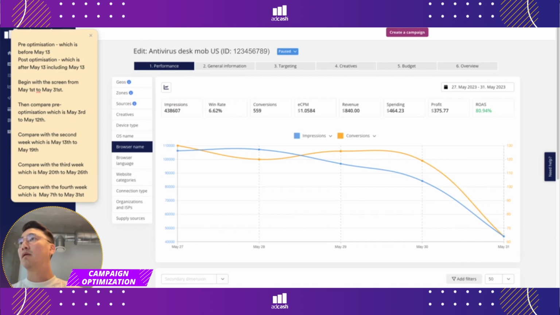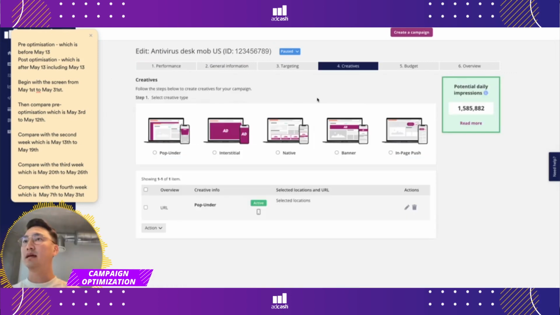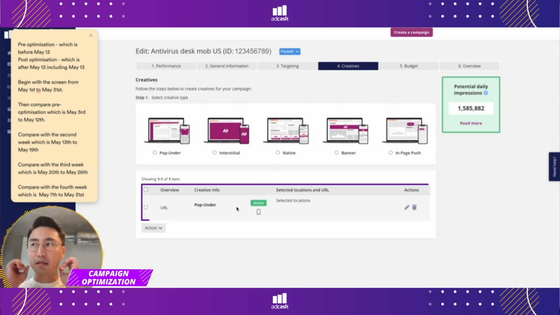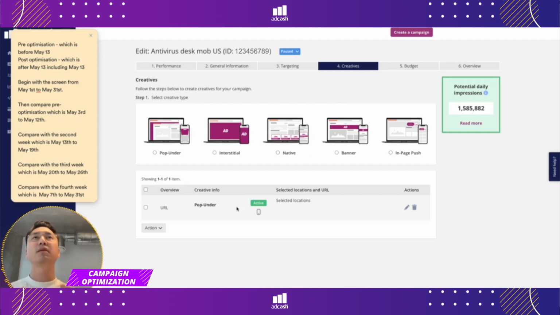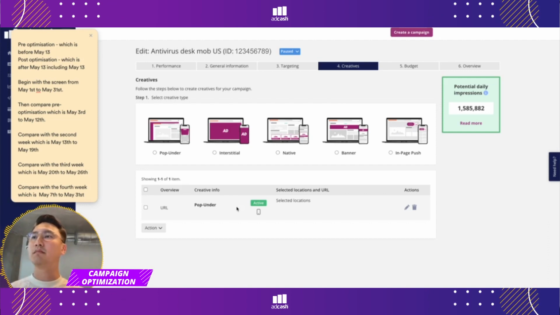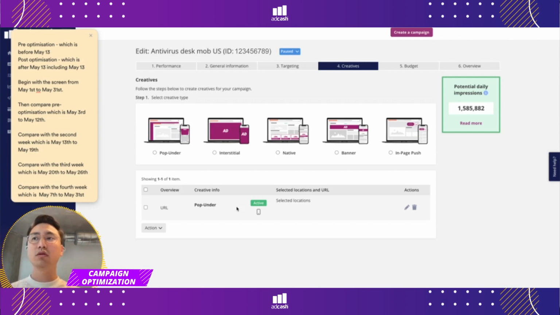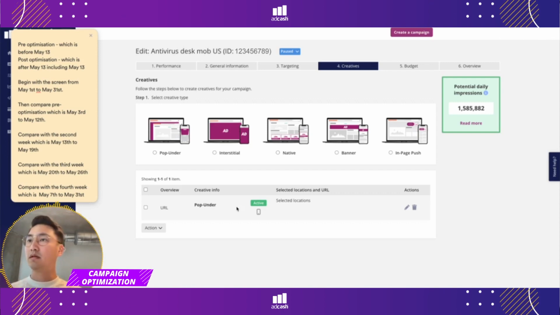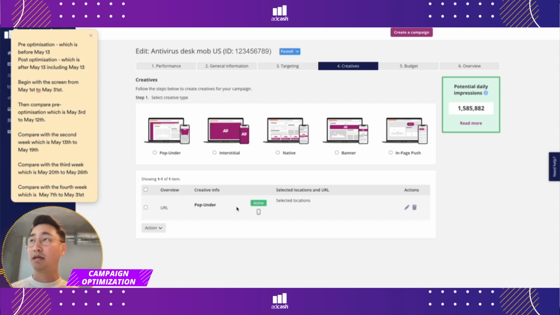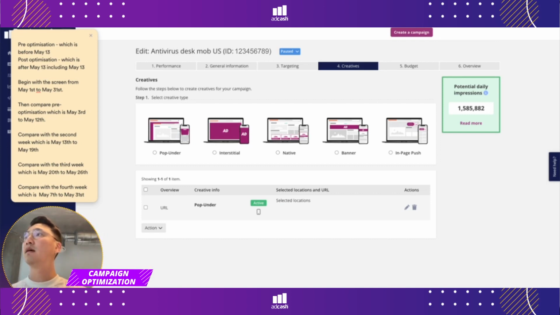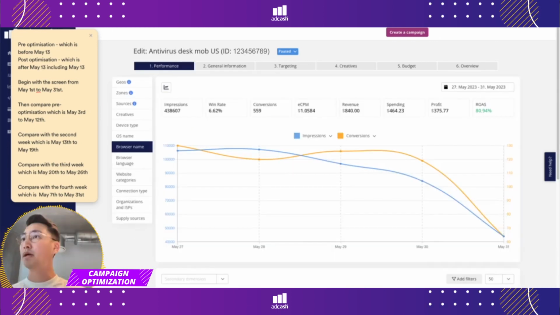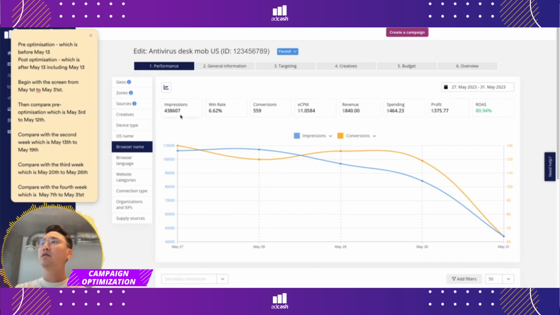Now, last time we only included pop under one link, one landing page. I think it would be very beneficial for us to include multiple landing pages so that we can track which landing pages are doing better, and we will choose the ones that are doing better, and then we'll be able to exploit, so to speak, those landing pages. I think that's one of the best ways to optimize our campaign. Also, we need to look at geos,